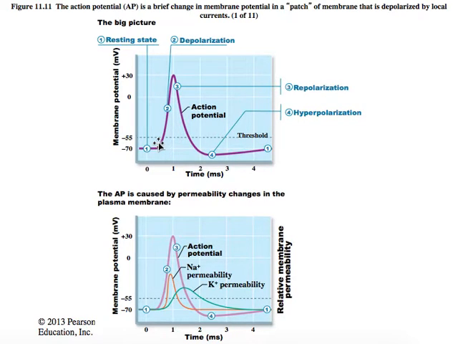So now when we think about the beginning of an action potential and how it is generated in the first place, it's important that we note that with our microelectrode here, we're measuring what's happening inside of the axon hillock. If it doesn't happen in the axon hillock, it will not happen along the rest of the axon.